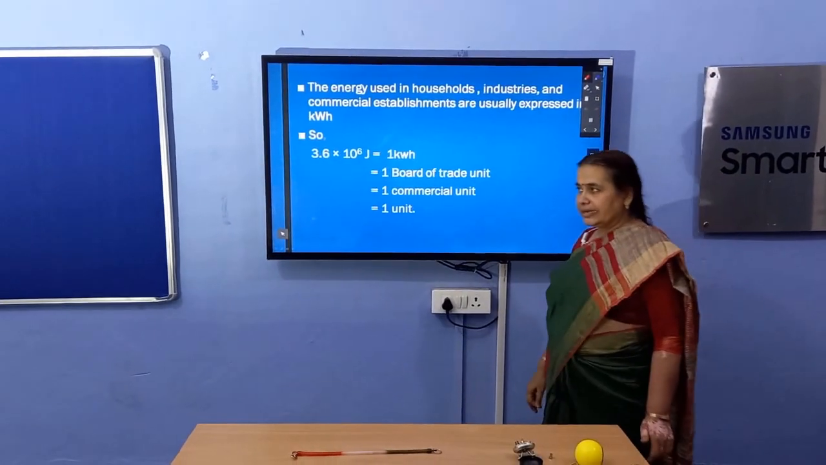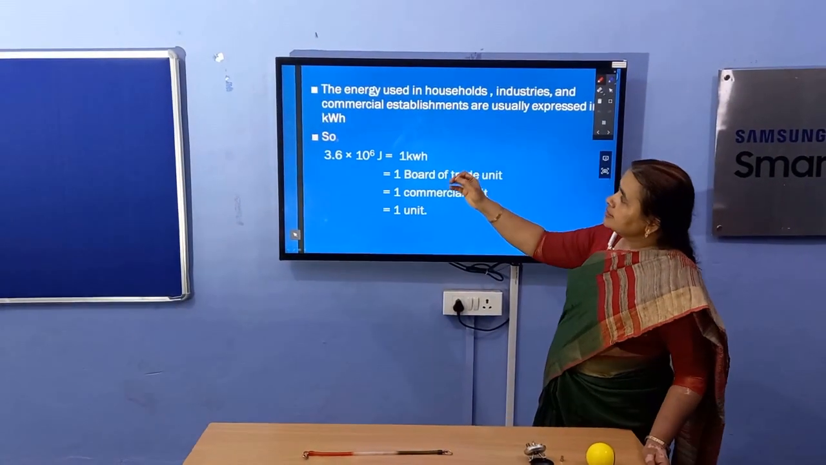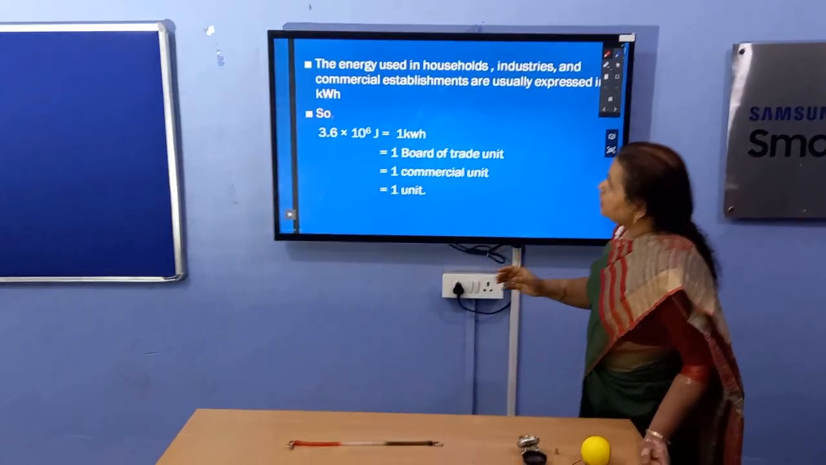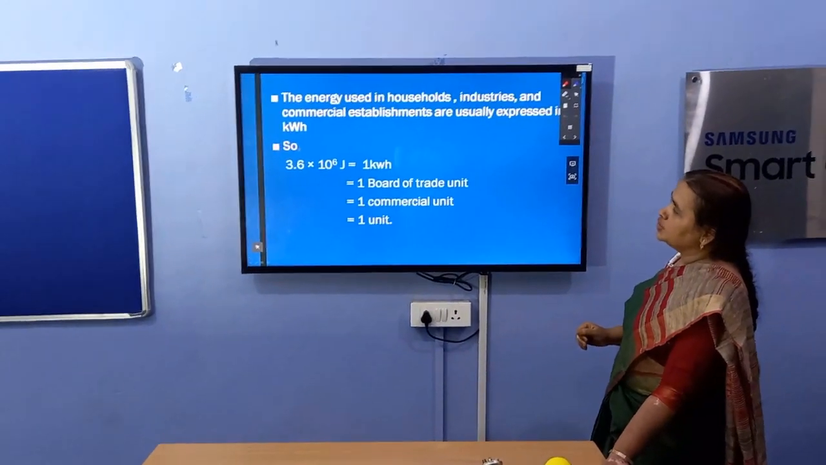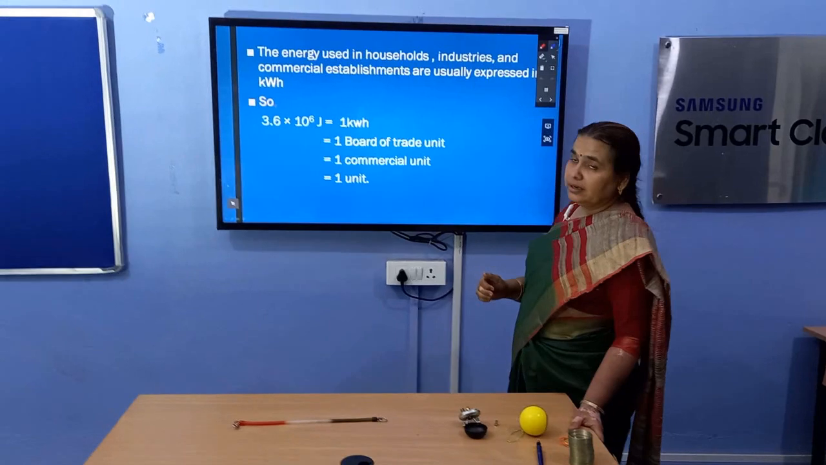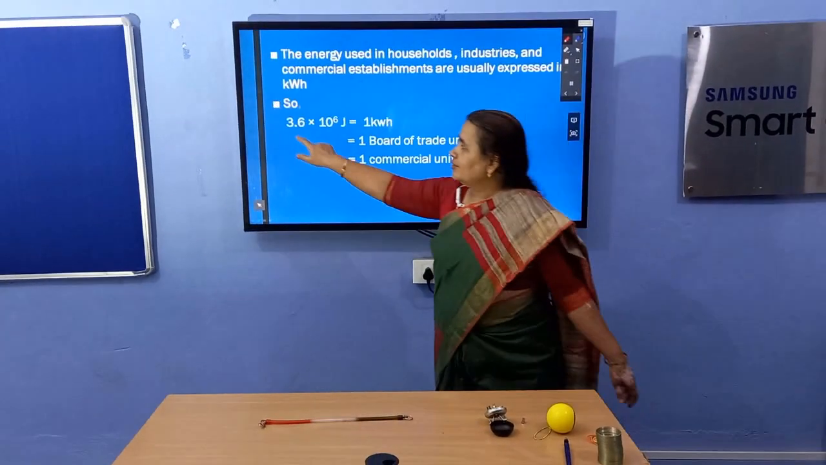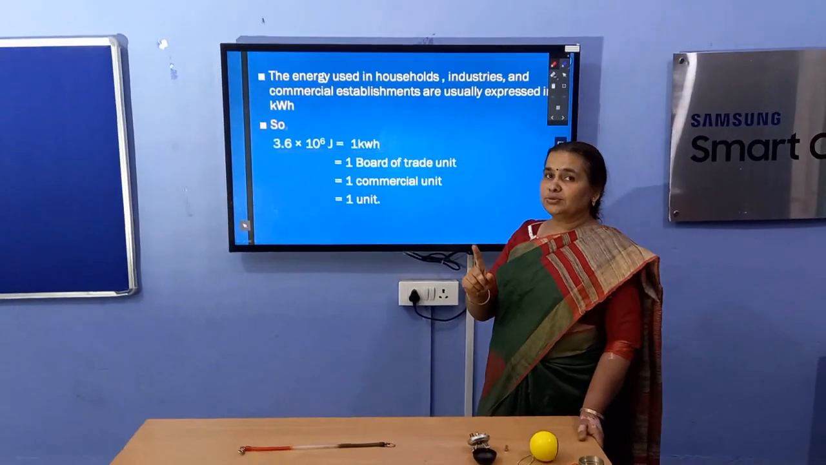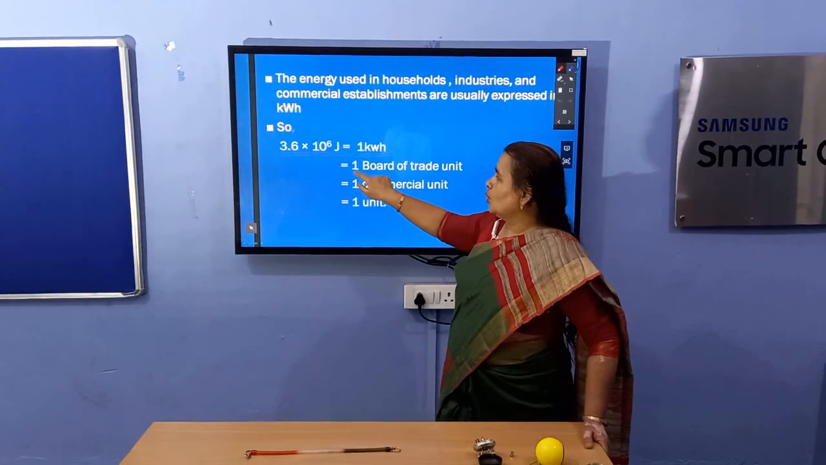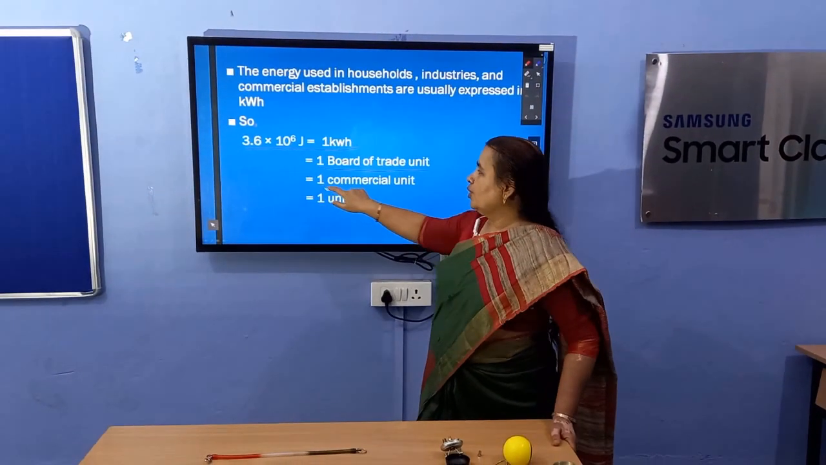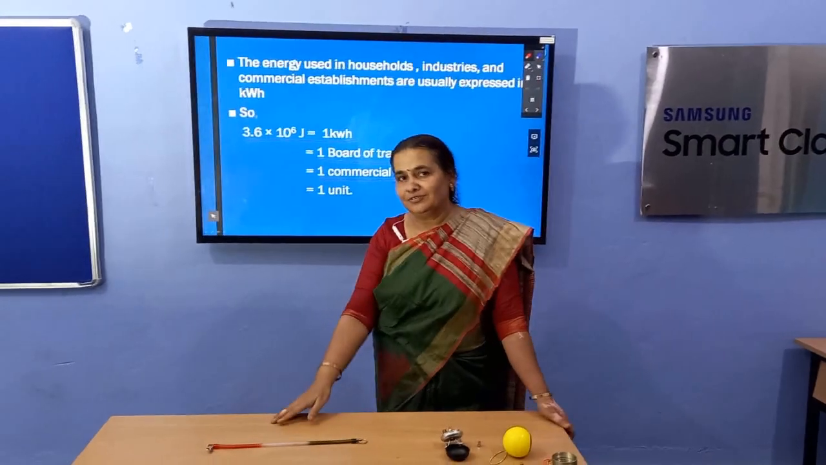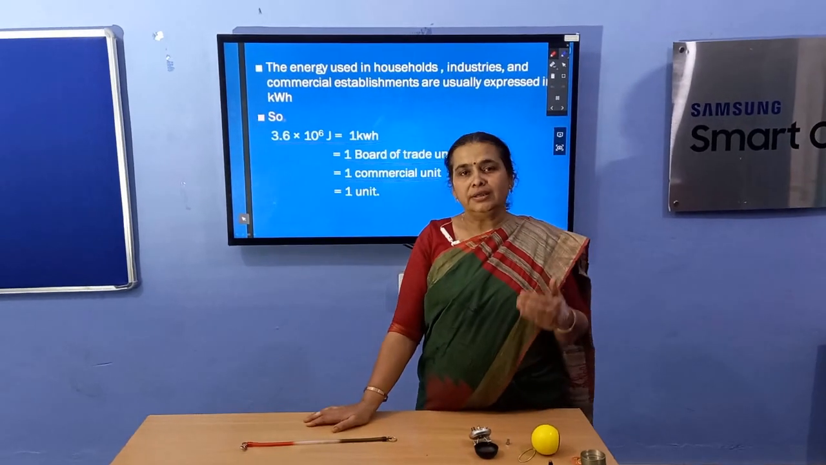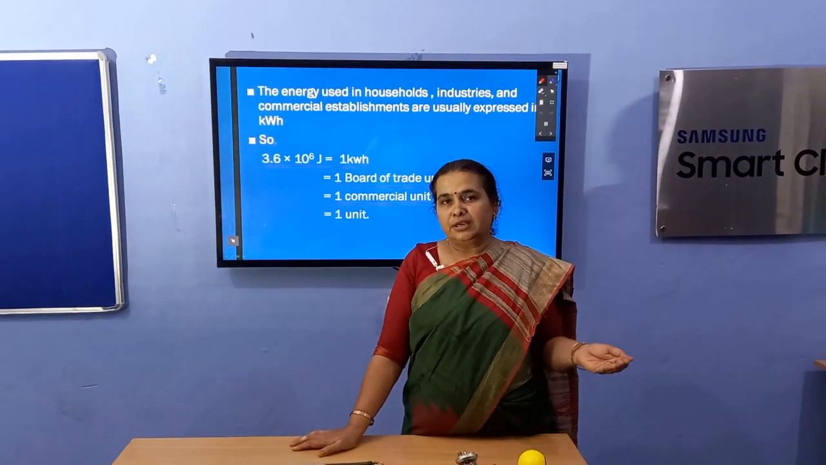We use electricity in households, and that electricity is measured in terms of this kilowatt hour. So the energy used in households, industries and commercial establishments are usually expressed in kilowatt hour, and when you use 3.6 into 10 to the power 6 joule of energy, then it is equal to 1 kilowatt hour, and that is equal to 1 board of trade unit, or you can call it 1 commercial unit or 1 unit of electricity. So when we consume 1 unit of electricity, accordingly at the rate decided by the MPEB,